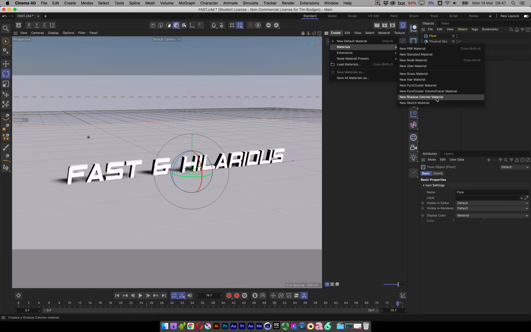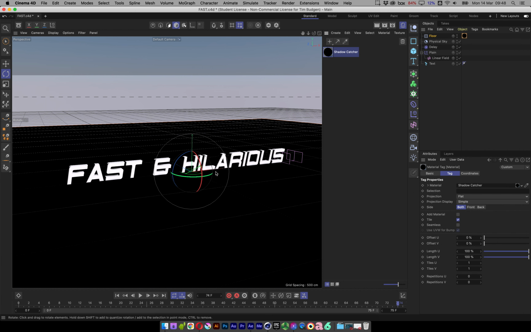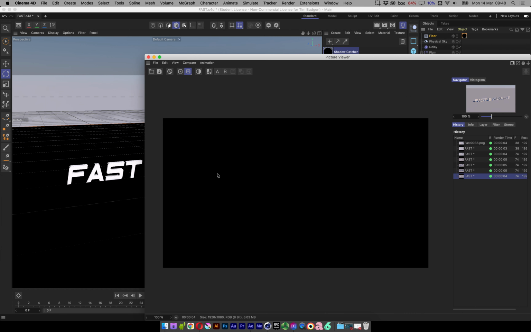So this is a special kind of material. It doesn't have too many options. You can see its little preview is just a black sphere, and I'm going to drag and drop this onto the floor. Now the floor goes black, and what will be interesting is if I hit Shift R here,